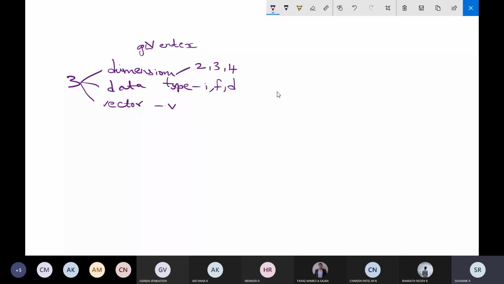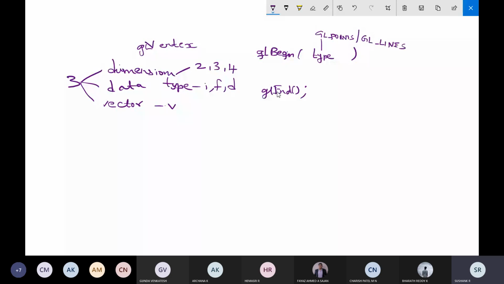Also there will be GL begin and GL end. You know that end will not take any parameter. GL begin can take a type as the parameter. It can be GL underscore points if you are talking about points, or it can be GL underscore lines also. So this can take anything.